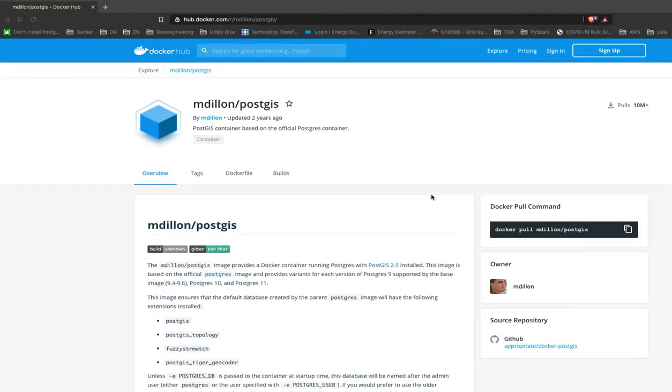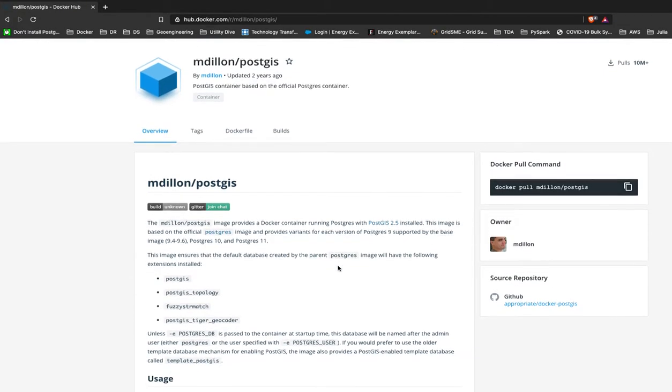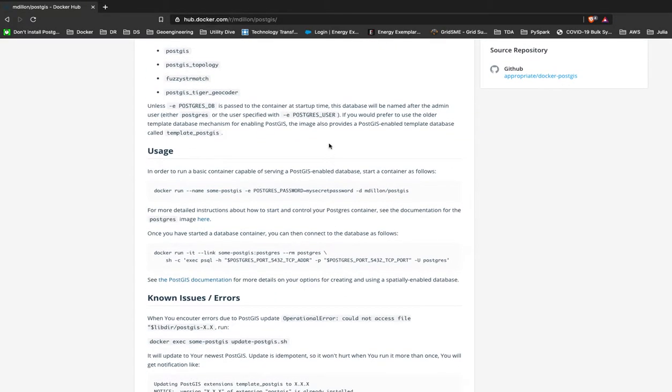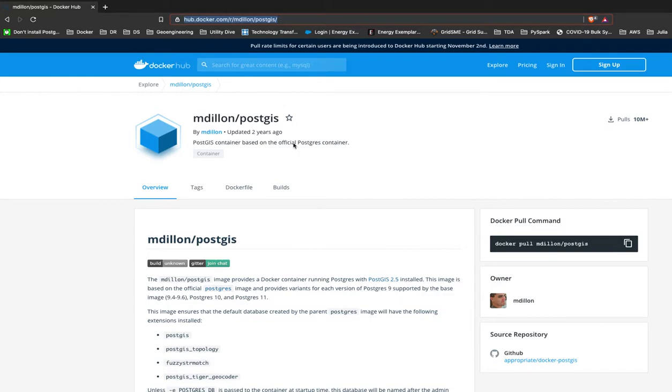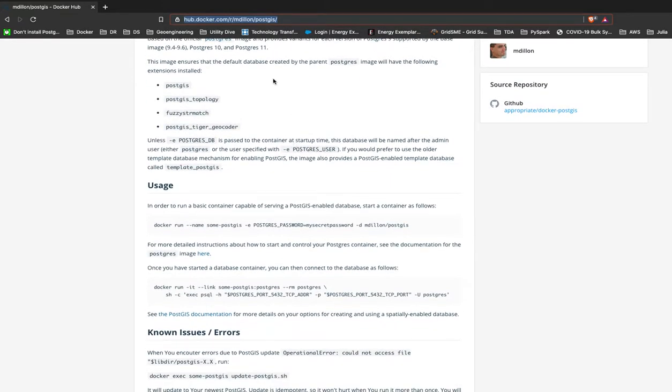So to begin, we're going to pull down a Docker image that is hosted on Docker Hub. This M. Dillon guy created a container that has PostgreSQL and PostGIS already configured. You can find out more information by going to this link. But otherwise, we're just going to do a pretty simple